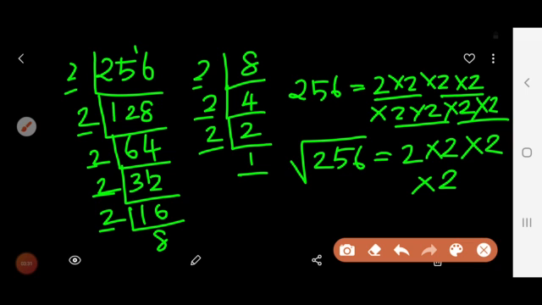Okay. Next we have to multiply these values. 2 2s are 4, 4 2s are 8, 8 2s are 16. Now the square root of 256 equals 16. Solution 5,